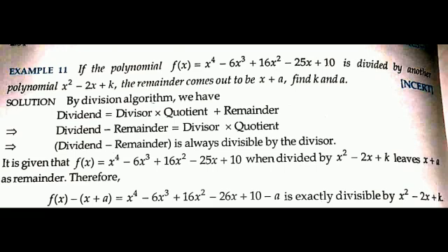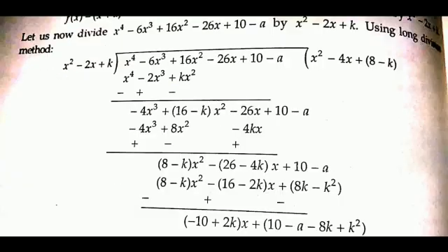Therefore, taking f(x) minus (x plus a), we are left with x to the power 4 minus 6x cube plus 16x square minus 26x plus 10 minus a. So it should be exactly divisible by the divisor, which is given as x square minus 2x plus k here. Now we will show the division process using the long division method. Let us divide